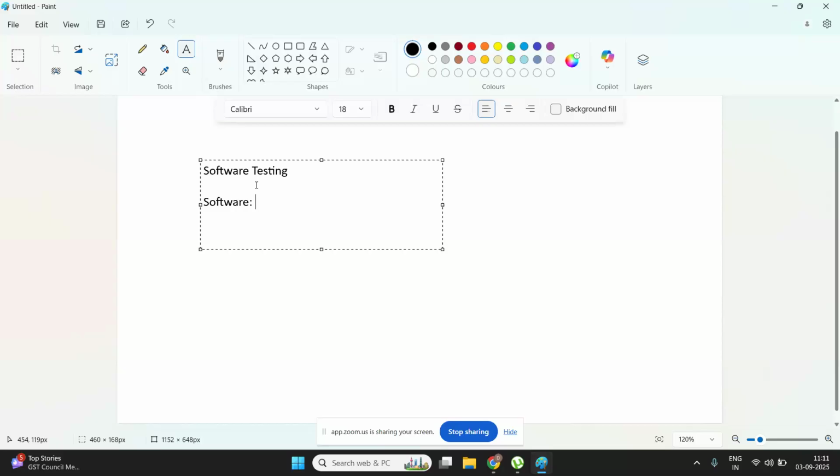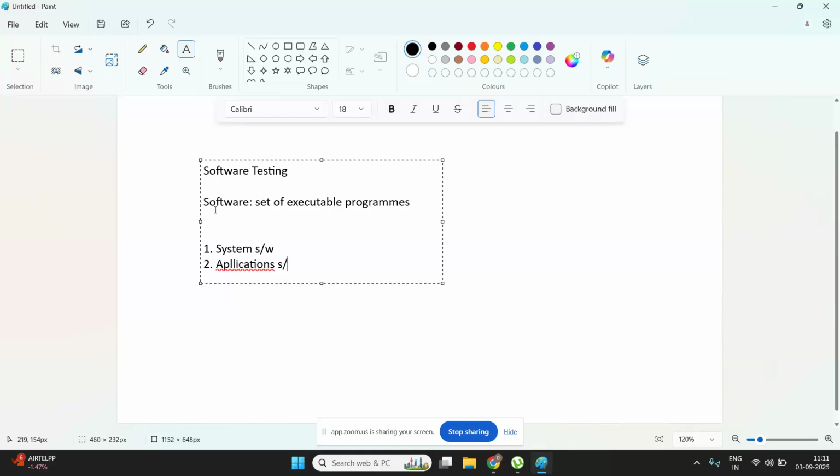tester, you need to do, that is what you need to validate by doing the software testing. What are the available softwares in the market, as I said, we have two categories. One is system softwares, second one is application softwares. Okay. So in system